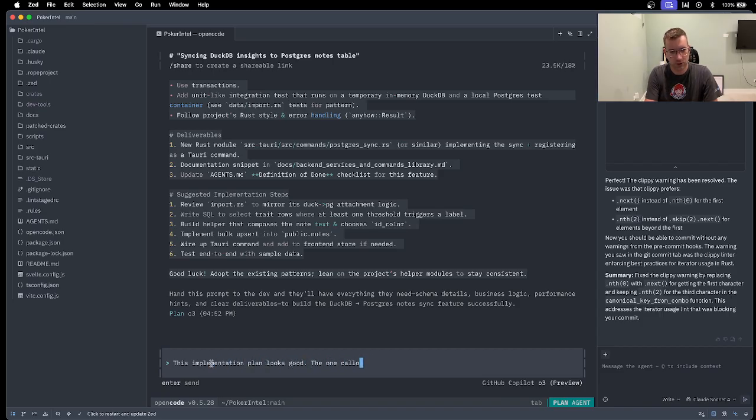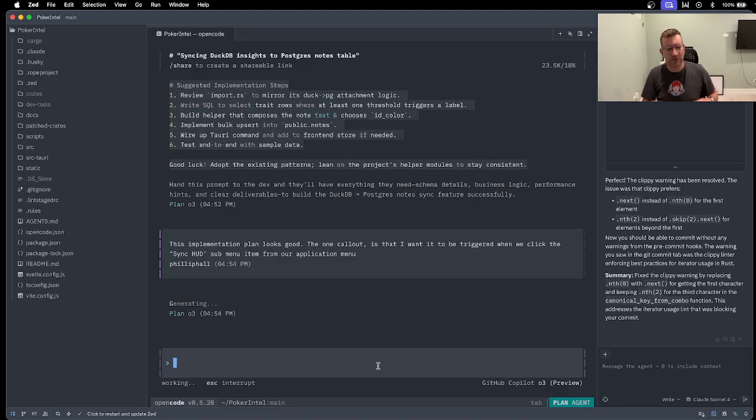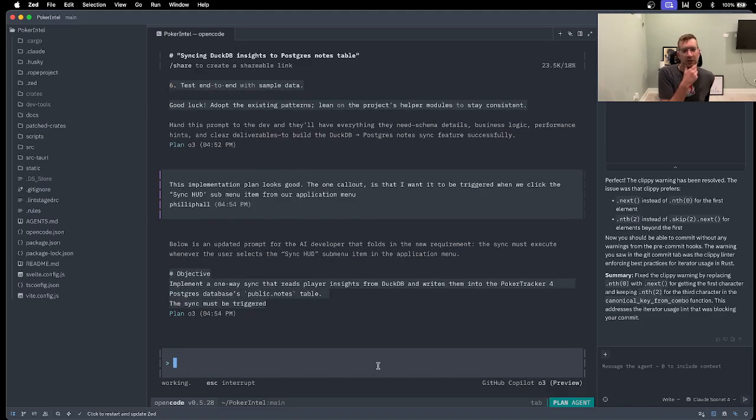The one call out is that I want it to be triggered when we click the sync HUD submenu item from our application menu. And so I'm just, in this case, telling it that that's what I want to associate it with. And so I'll tell it this little bit of information. It'll update